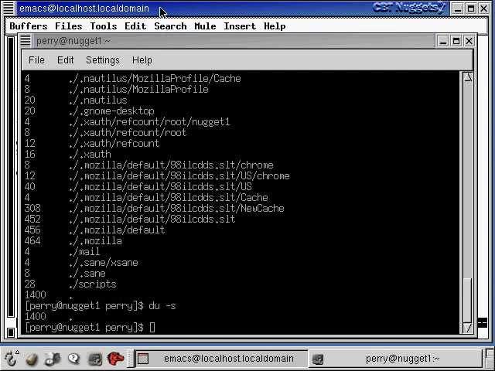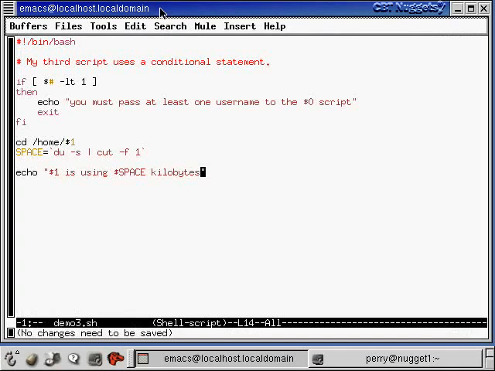Okay, so let's look at the first approximation of this script, and then we'll do another refinement of this script in a second. So now this script uses a conditional statement. Okay, a conditional statement in the Bash shell scripting language is signified by an if